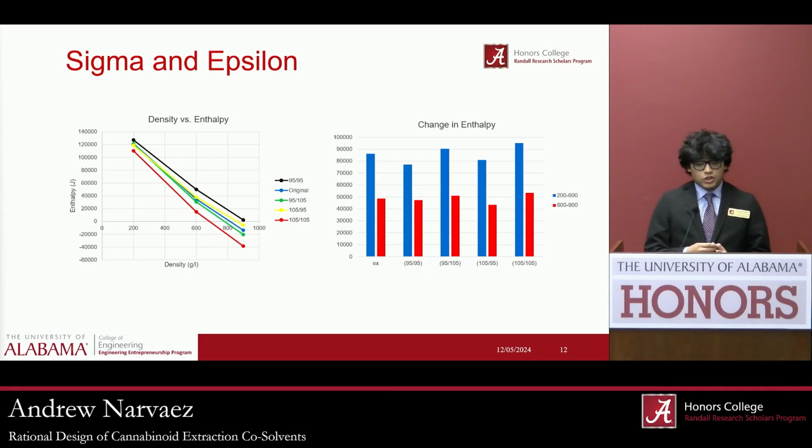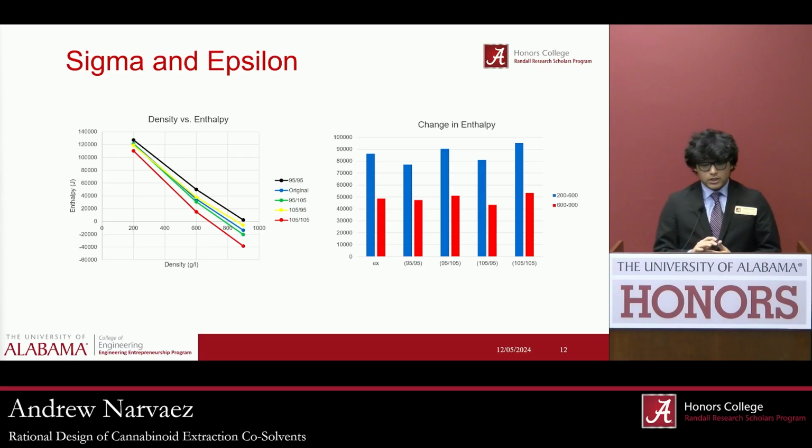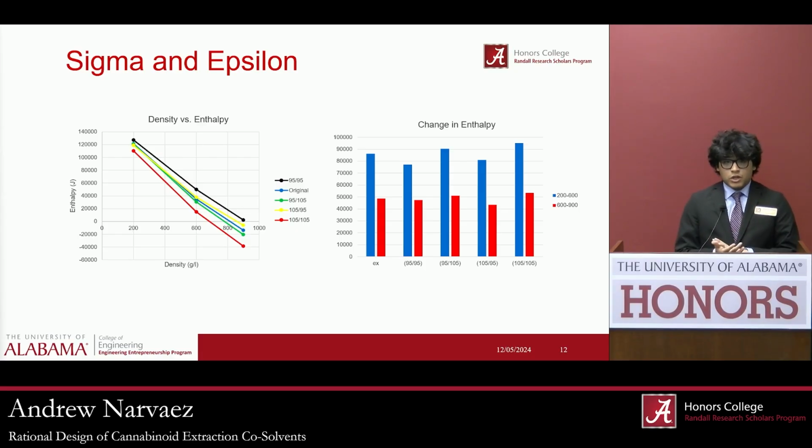So the graph on the left shows just the raw enthalpy values and the different conditions we provided them with. We either increased sigma, decreased epsilon, increased both, decreased both. So that's what the graph on the left represents. And the graph on the right is just a better visualization of the enthalpy values in between the different density points. And what we came to the conclusion is that epsilon, while it didn't provide too much of a change,